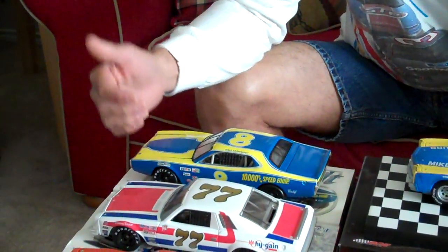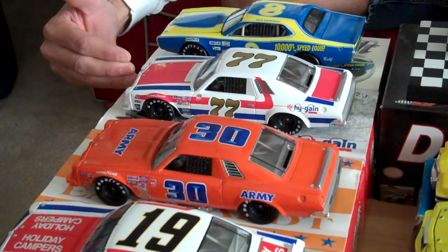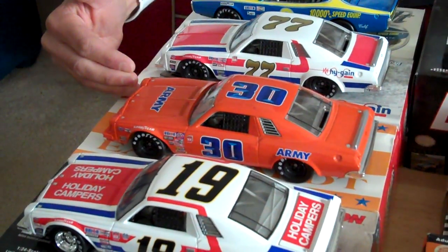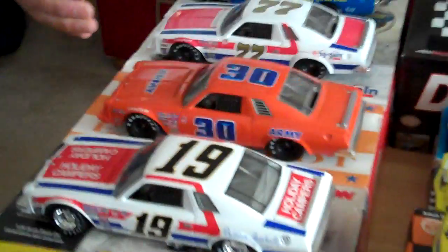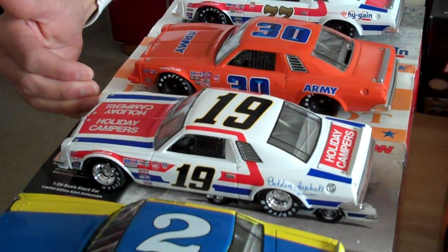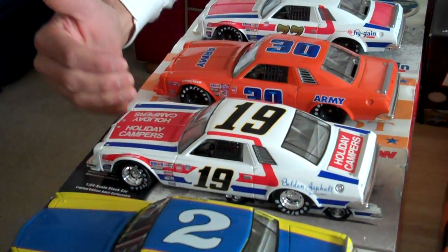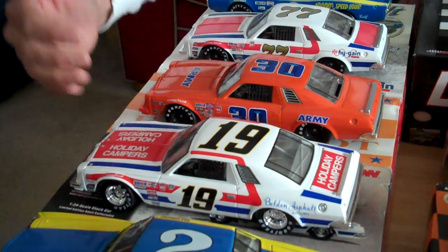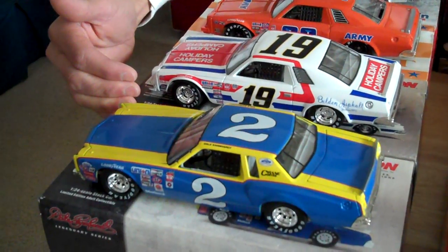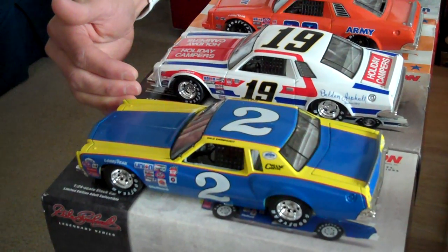Motor Speedway. Moving over here is this 1976 High-Gain Chevy Malibu. Also from 1976 is this Army Chevy Malibu. Over here is this 1977 Belden Asphalt car, also a Chevy Malibu that he drove. Back in the day, he basically drove one-race deals before he got his big break in 1979 when he was hired full-time to drive and wound up winning Rookie of the Year and also winning a race during that